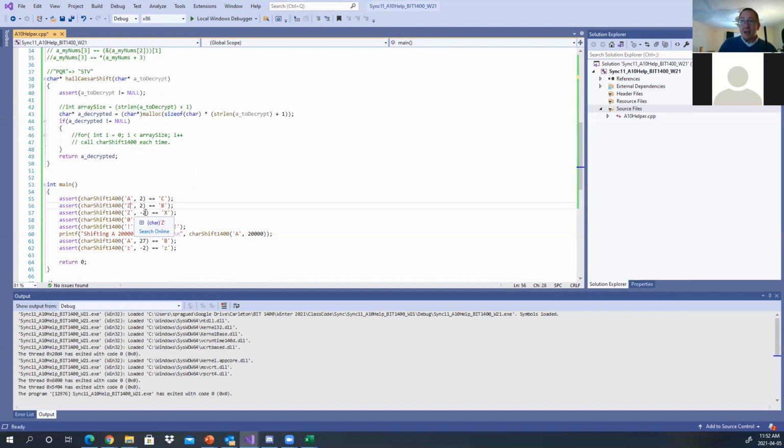If I do Z and minus 2, it should technically, this is the bonus part of the question, go back to X. If I pass in the character 0, it doesn't do anything. If you give me anything other than a capital character, it just ignores it. So if I give it exclamation point and 20,000, it still gives me exclamation point. Doesn't matter what you throw at this thing, it's just going to do what you're expecting it to do. If I say A and 29,